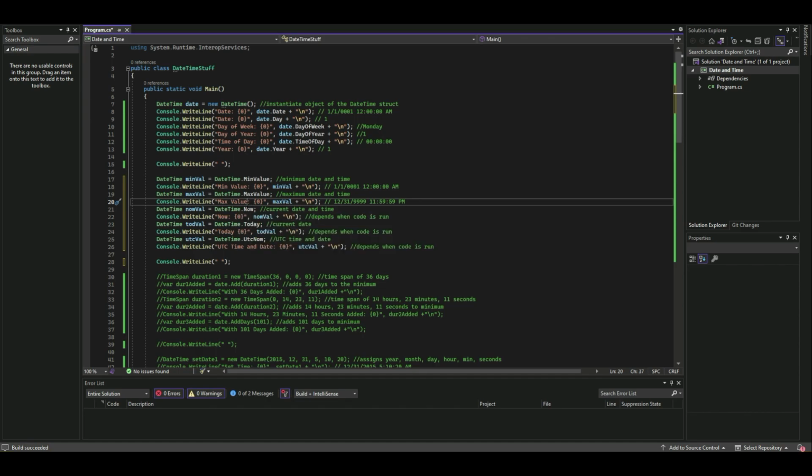But then we're also looking at now, today, and UTC now, which gives us the Greenwich Mean Time for now. And so when I run this code, you will see the date and time that I'm actually recording this on, and you'll probably notice that it's several months in advance of when this video